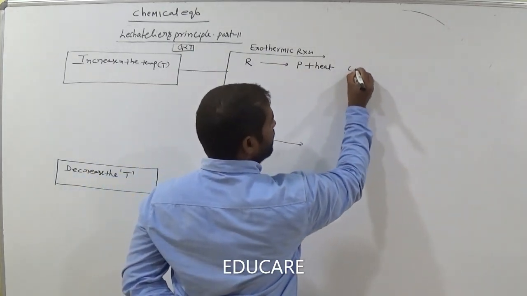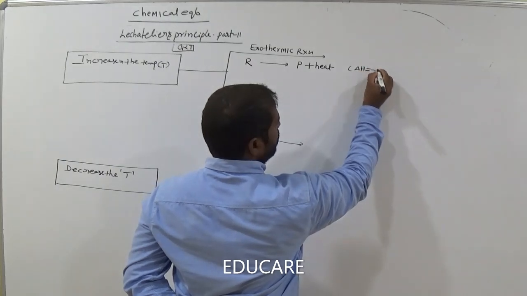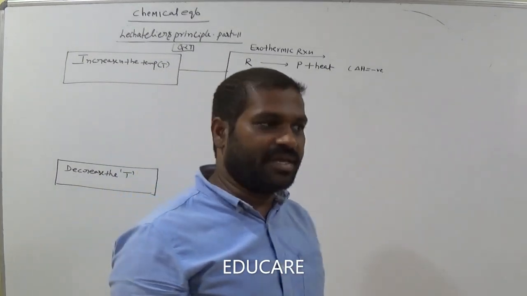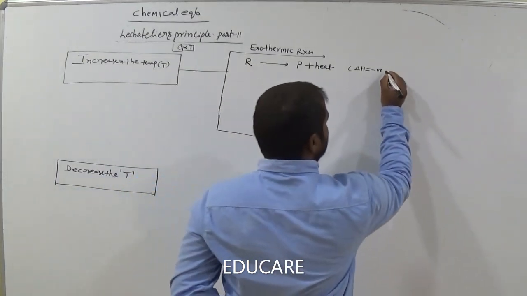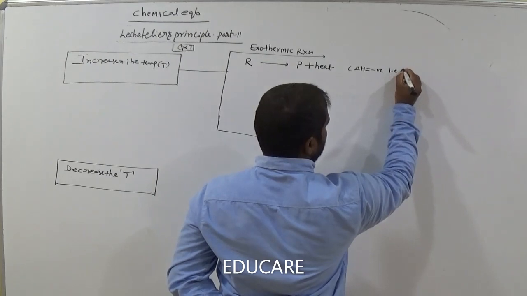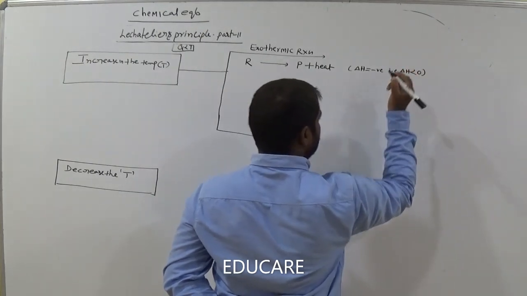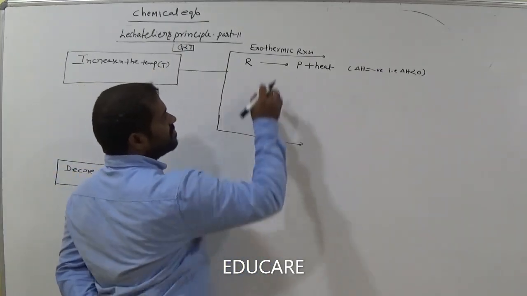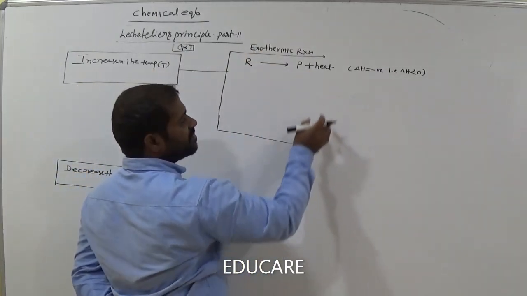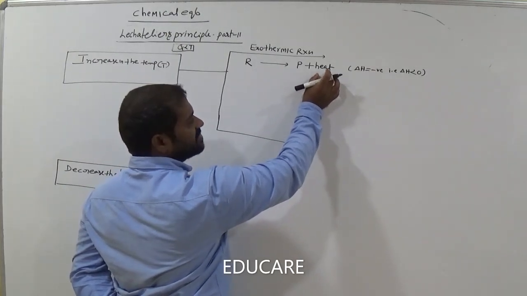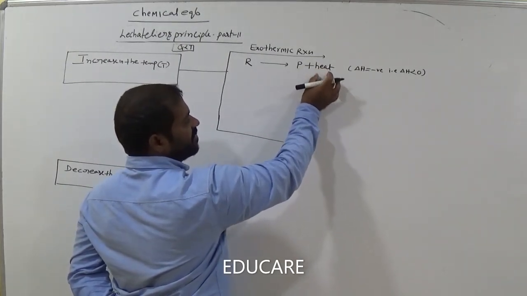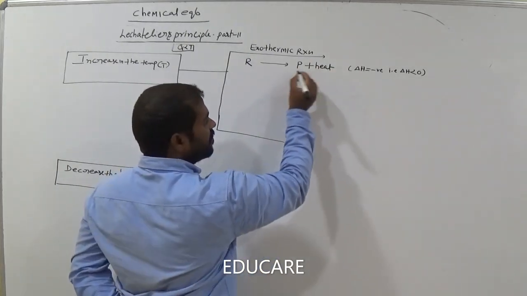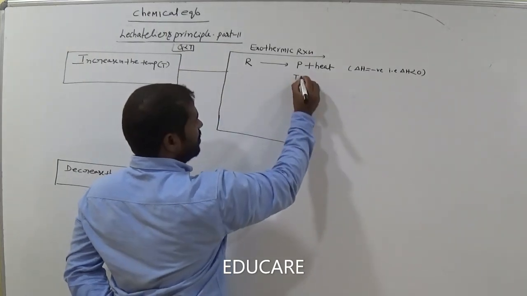That means here what happened? Delta H is equal to negative, in this case change in enthalpy. Delta H means change in enthalpy. Delta H is negative means delta H is less than 0. Remember these things. Here we increase the temperature. So now it is an exothermic reaction. Am I right? In exothermic reactions, heat energy is high at the product side. Now we increase the temperature.